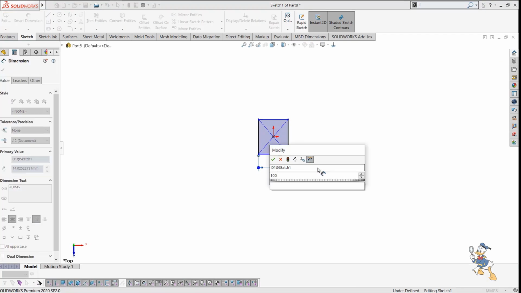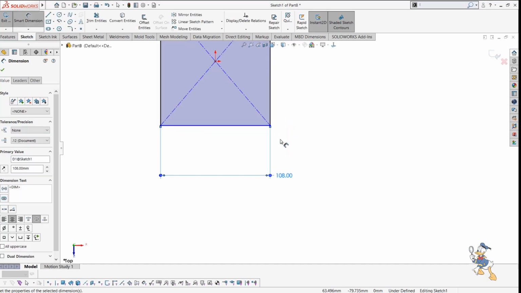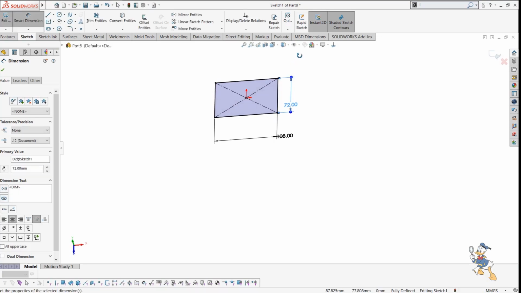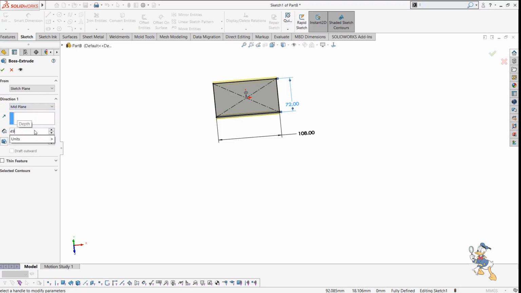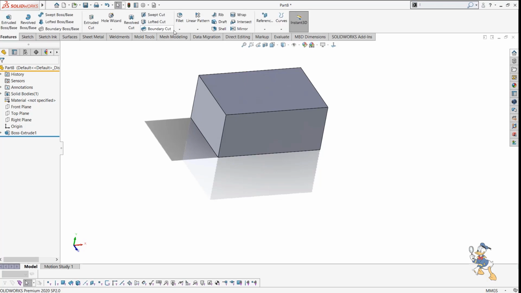It will be like 108, and this would be like 72, and I need to extrude it. So I will extrude it using mid-plane with a value of 49. It will extrude in both directions with a value of 49,